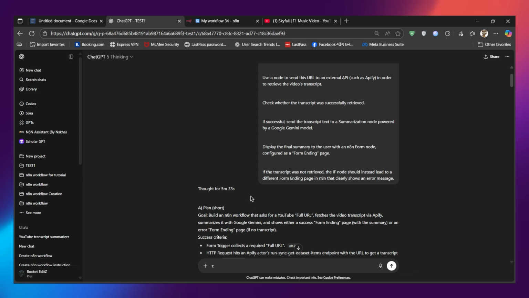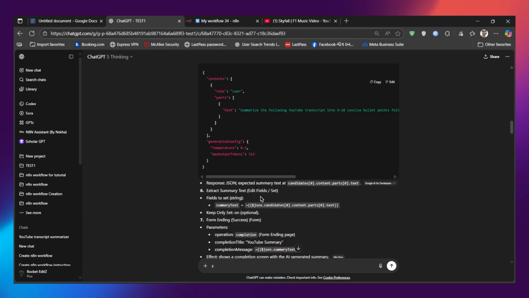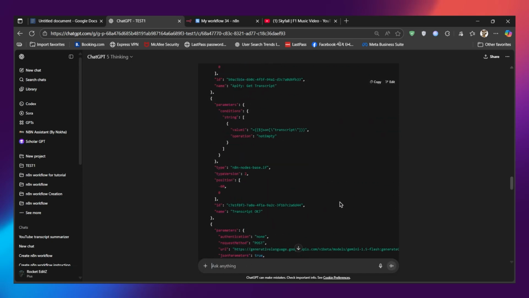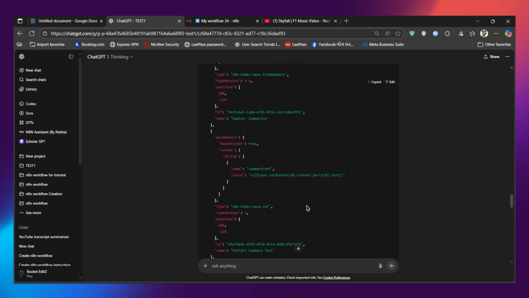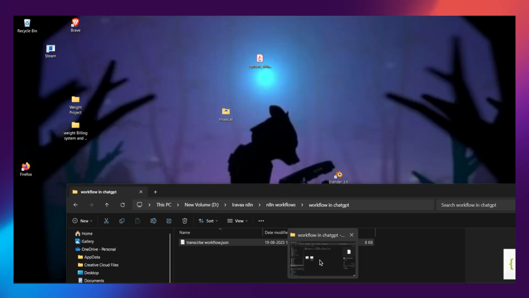Now, as you can see here, ChatGPT thought for 5 minutes 33 seconds and it has generated this output, full of instructions and with our workflow. So what you need to do next is just copy this JSON format, and then just go to your